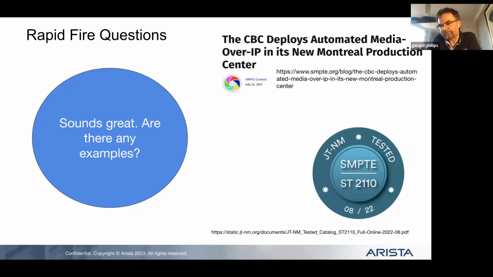And do we have any examples, Gerard? Yeah, so CBC is using Ansible at the moment, certainly. I think they began their process a little bit earlier than AVD was available. So certainly it's being used by proper big grown-up broadcasters. And of course, the whole of the JCM tested network built in Wuppertal in August 2022 was built off the back of AVD using your amazing PTP, and it pretty much worked first time. So yes, absolutely, there are definitely people using it, and it definitely works. Yeah, and you were there on the ground, right, Gerard? I was on holiday. I built it and went on holiday. Oh, that's how effective AVD is. Yeah, that's right.